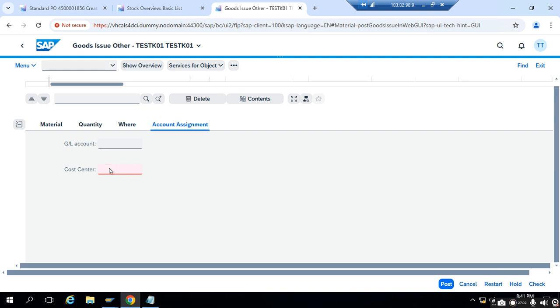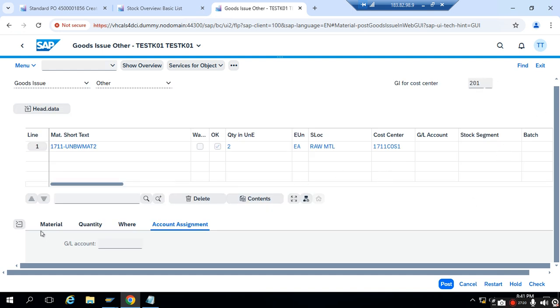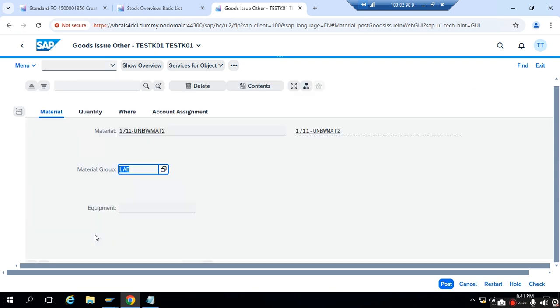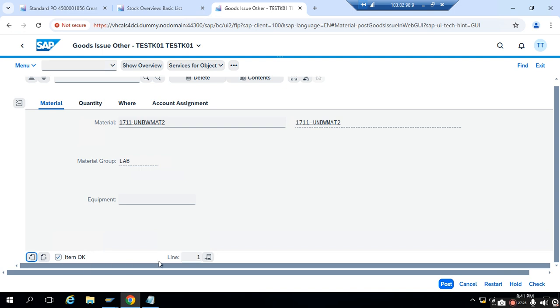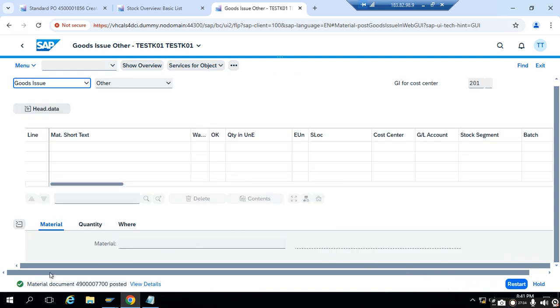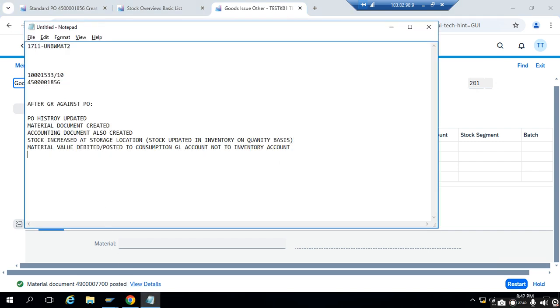Go to the account assignment tab. Here the system will ask you to enter cost center. So here I am selecting cost center 1711 COS1. I want to consume this stock for this cost center. If all details look okay, then select the item OK checkbox, click on check. There is no error, so click on the post button. So after this material movement, after this goods issue to cost center movement,